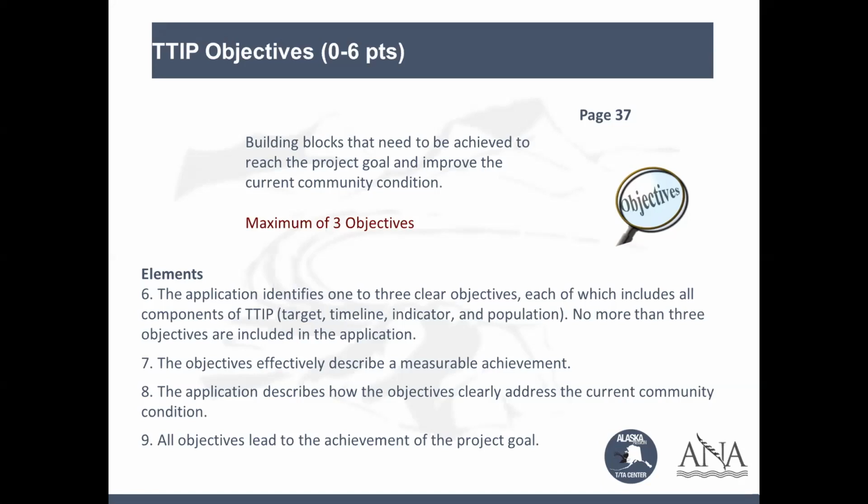You can outline them in different ways. You can have objective 1 that runs all year, objective 2 that maybe starts in year 2 and is only for year 2, and a third objective that also runs all 3 years. You can have an objective that's in year 1, another objective for year 2, another objective for year 3. You could have one objective for all 3 years, and that's it. So it's up to you to determine how many objectives you need and when those objectives will come into play.